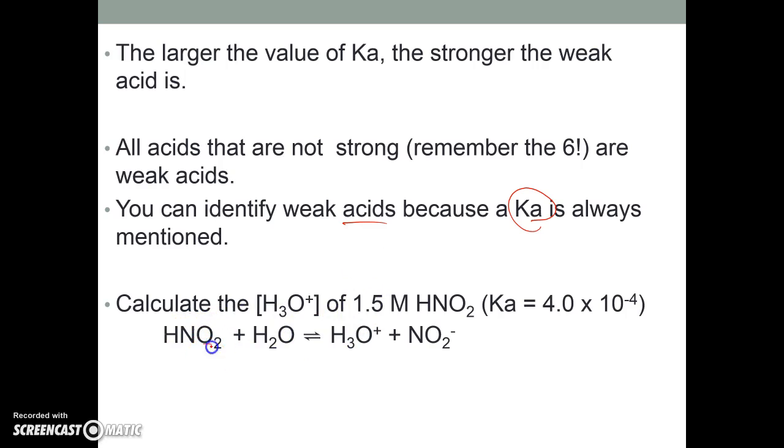We've got a weak acid and liquid water. That should have an L, and H3O+ and NO2-. So we want our products in the numerator and our reactant in the denominator. And we have a Ka. So Ka equals